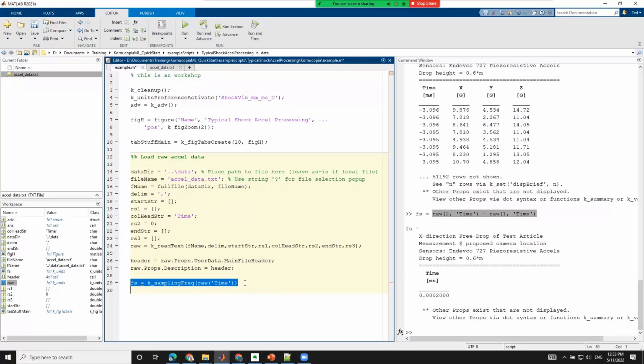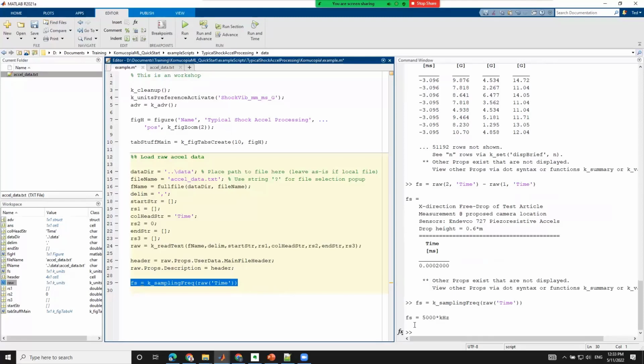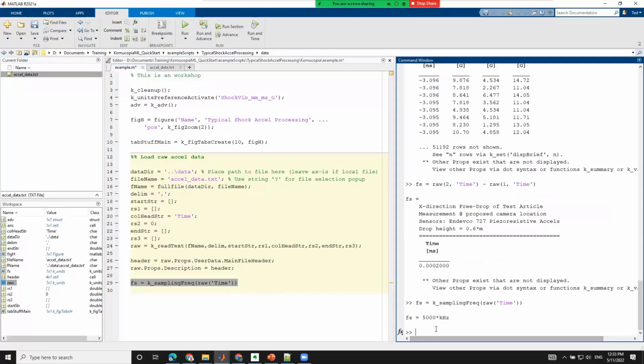When I do this, Kornucopia will check that the entire time increment is a constant relative to a small tolerance. And you do have controls through the advanced arguments of this function to change that tolerance if you so choose. But now when we compute that, it computes nicely the sampling frequency. And it returns it in an intelligent frequency-based unit, in kilohertz. The reason it returned it in kilohertz is because up here, our unit preference had time in milliseconds. And if you looked at the full detail of that unit preference, you would see that the frequency is in